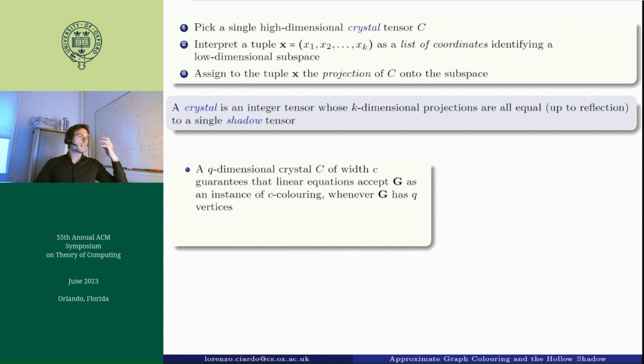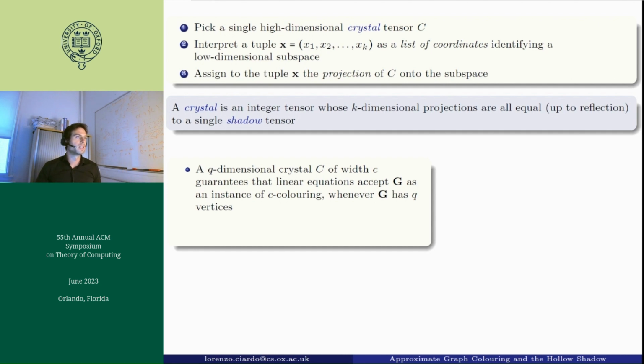Okay, so as I said, this crystal can be used to build an assignment of tensors to tuples. So a q-dimensional crystal of width C guarantees, so it's a certificate, that the linear equations part of the algorithm accepts G as an instance of C-coloring, provided that G has q vertices. Remember though that our algorithm also has a consistency part. So it is linear equations plus consistency. And the consistency is essentially telling us that some assignments are forbidden. So remember in the Sudoku, some assignments